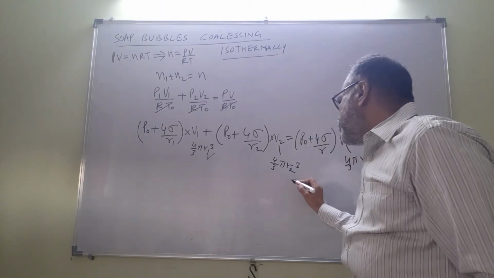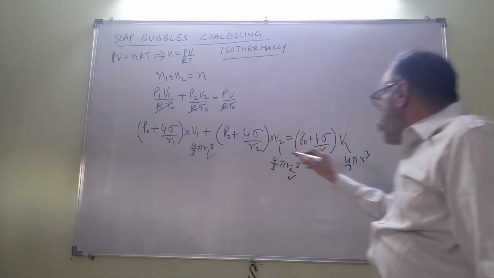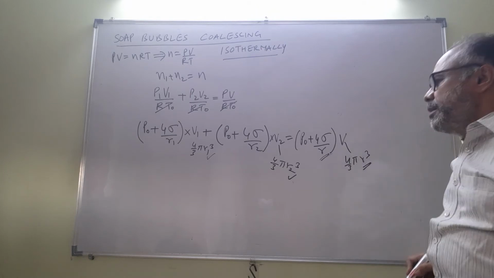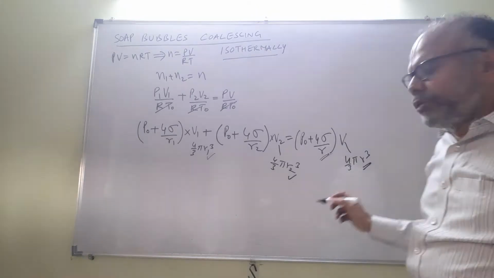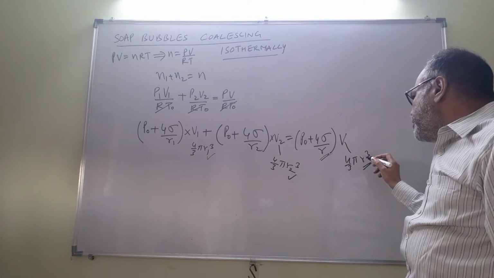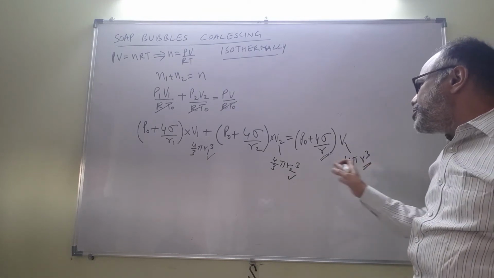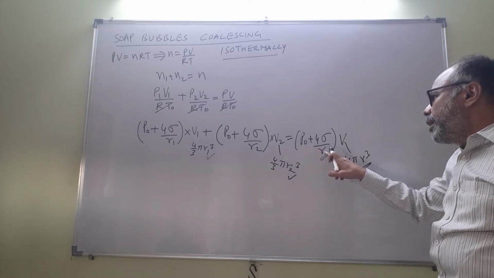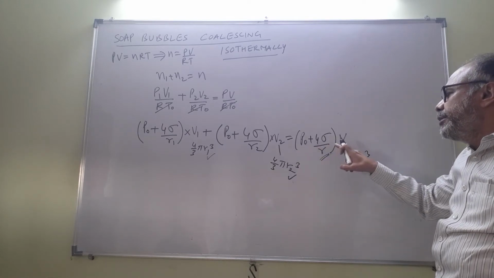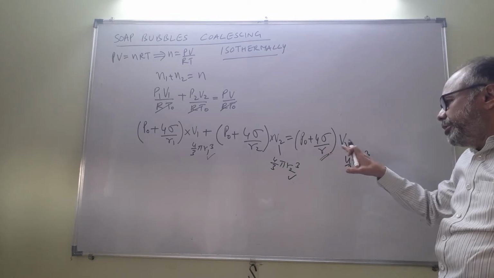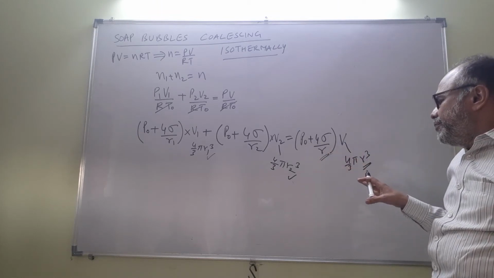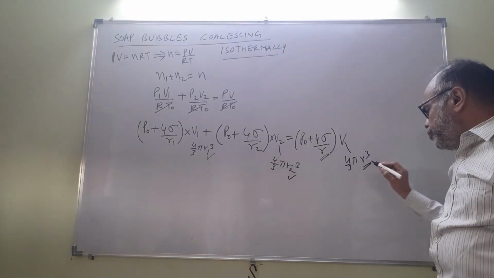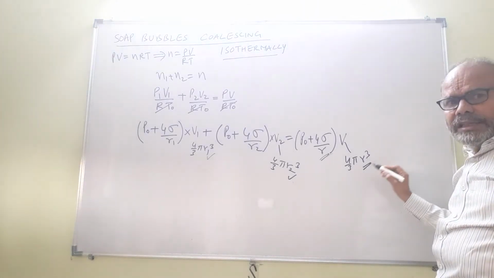R1 is given, R2 is given, sigma, everything is known. So the only unknown is R. This can be solved. You can solve this equation and get the value of R. The equation is slightly complicated because you are going to have an R cube and an R squared term. So it's a bit complicated. Anyway, we will not go into that. But we are simply saying that given R1 and R2, we can find the radius R of